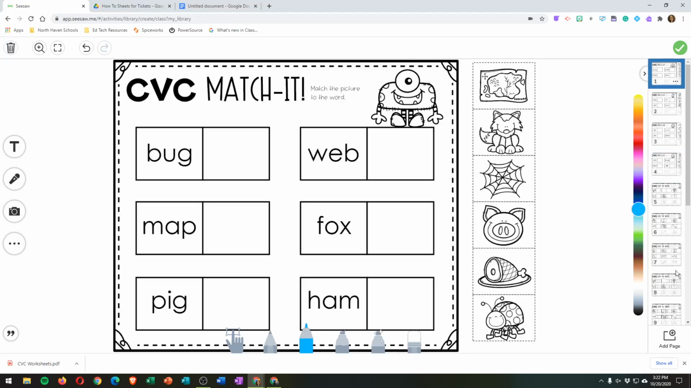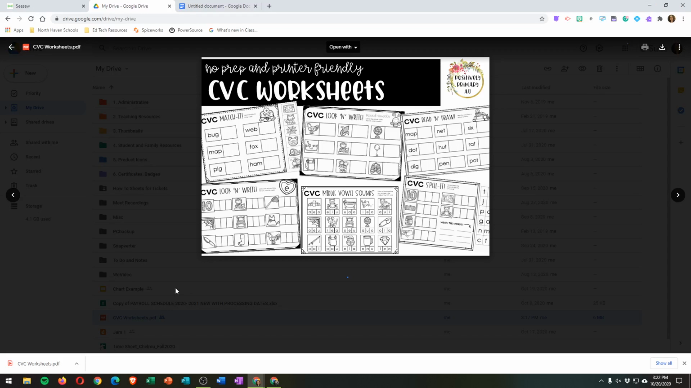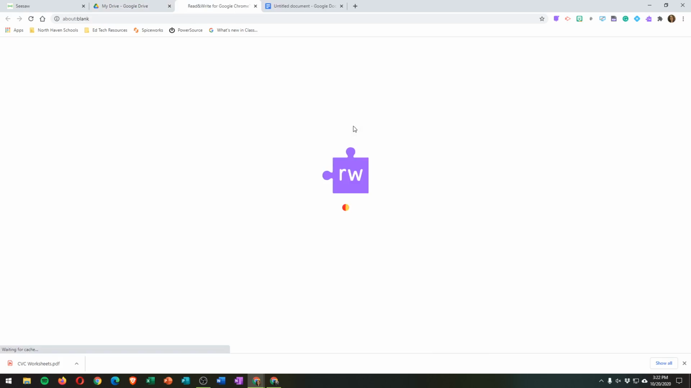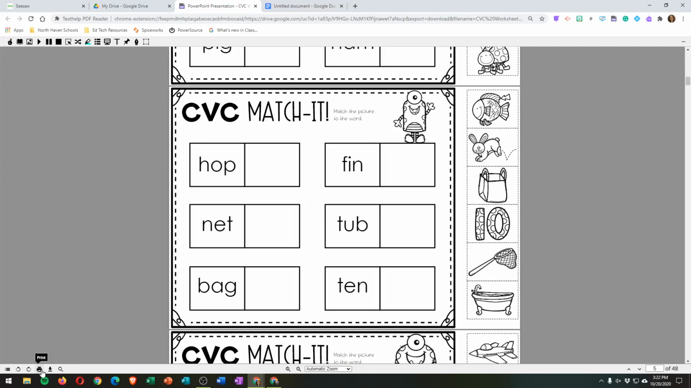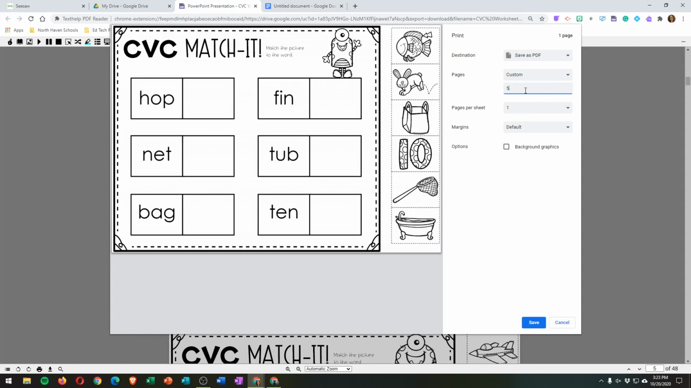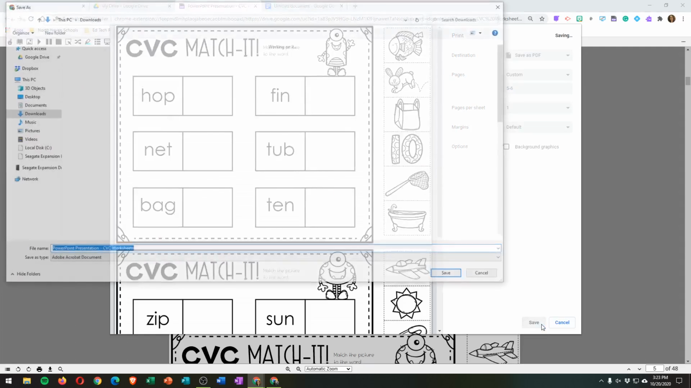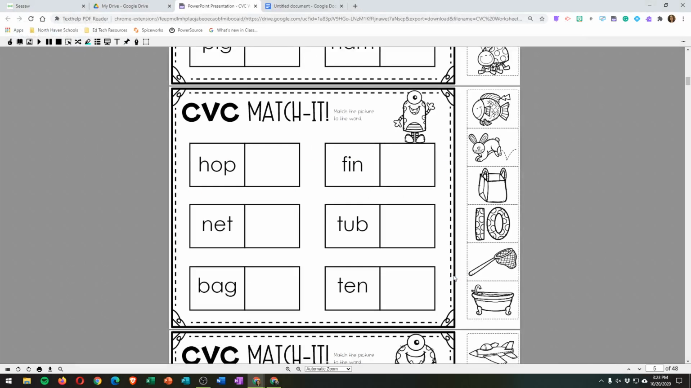Now, if you have one that's 20 pages long like this, what you would want to do before you upload it is you're going to come and click on it in your Drive, open with Read and Write, and then from here, if you click the printer at the bottom left, you can change the printer destination to Save as PDF, and then where it says Pages, instead of All, set it to Custom, and then choose the page or pages that you want to print and include in the activity. Then click Save. It's going to let you make a name for it, and then that's going to be downloaded